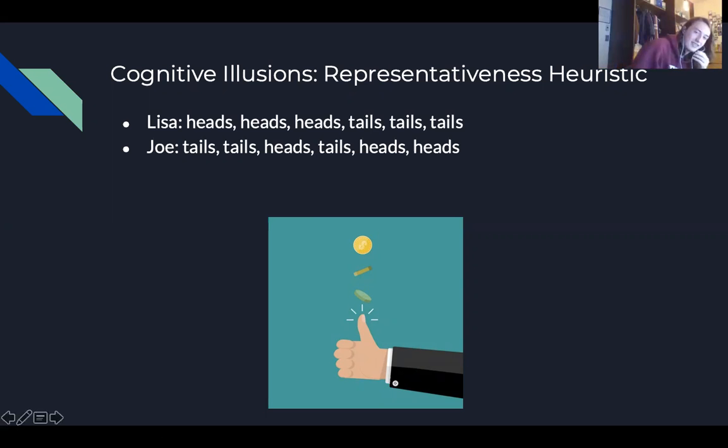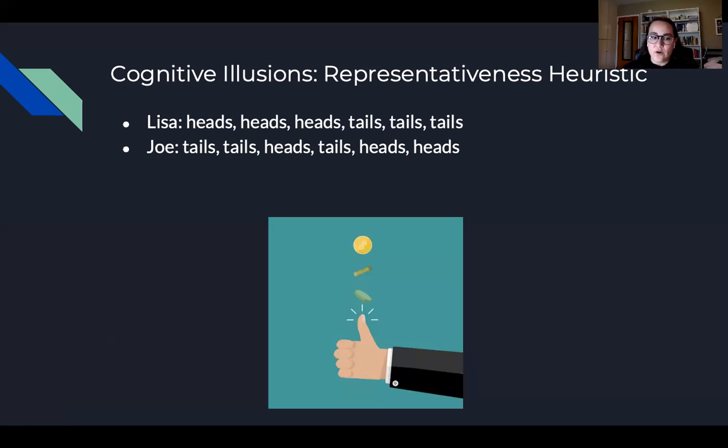Yeah, I was just going to say, aren't they statistically the same? The coin flip isn't dependent on the previous coin flip. Yeah, exactly. For those of us in the psychology field who have a lot more experience with statistics, if you sit and really think about it in a statistics framework, eventually you'll hopefully get where Noah is at, where these are actually representative of the exact same probability.